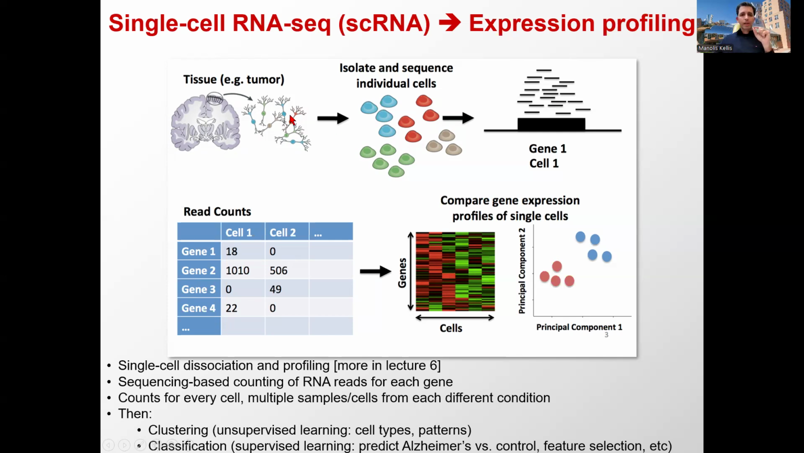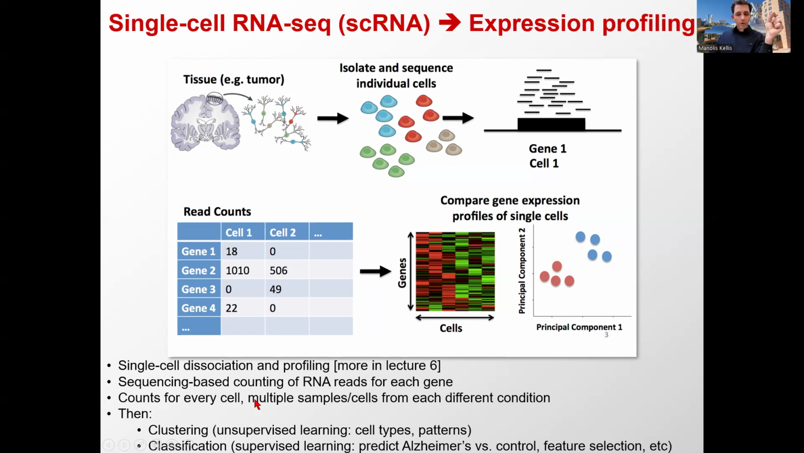We're basically just tagging individual cells with DNA barcodes and then measuring, and you get back a matrix. Everybody with me here? You have maybe 20,000 human genes and, I don't know, 4 million cells, and you get a matrix like that. From that, you can do your principal component analysis, and you can find clusters and classification. So basically, you dissociate single cells, you do sequencing-based counting of RNA reads for every gene,